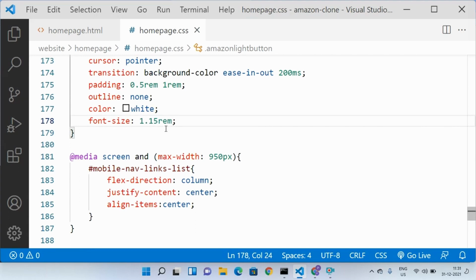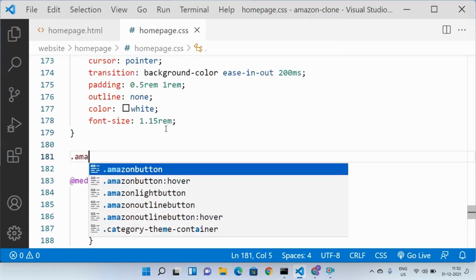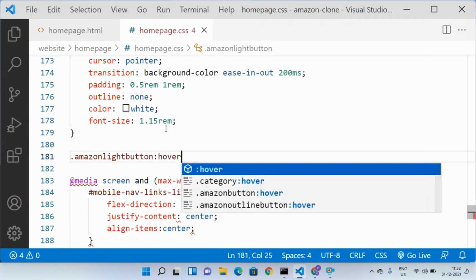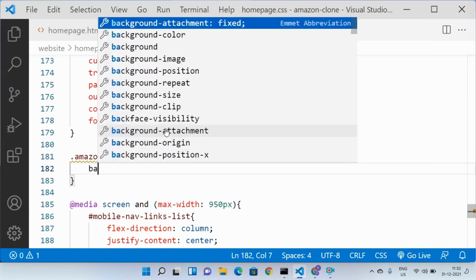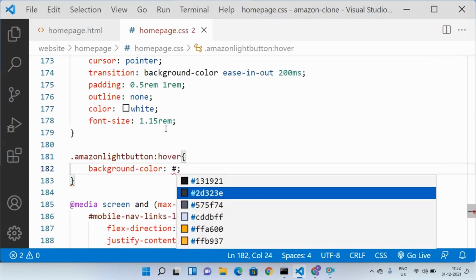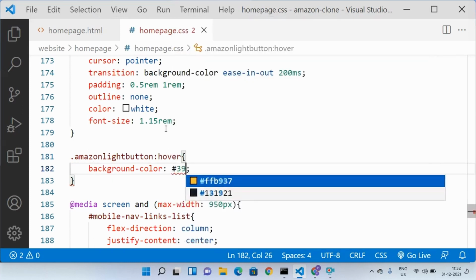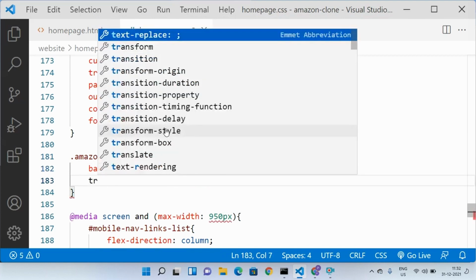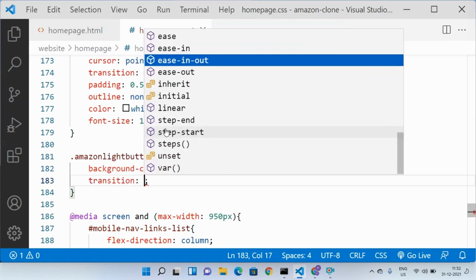Now let us give it a hover selector. Amazon light button. Let us give it a dark shade, which is 393F4D, and let us give it this transition.